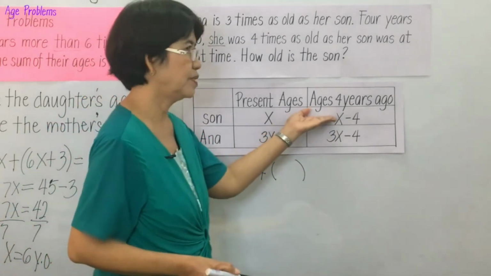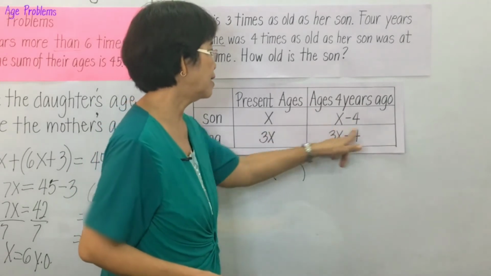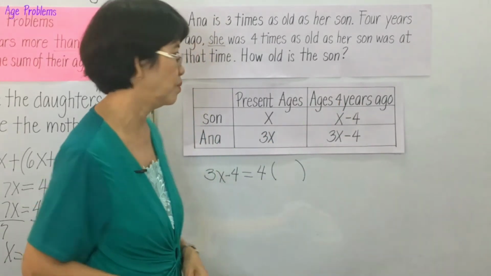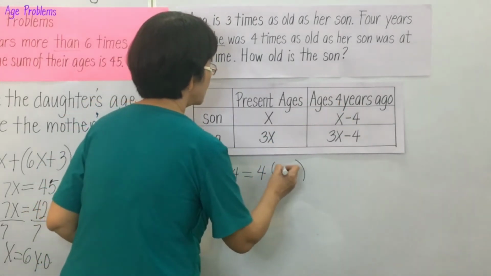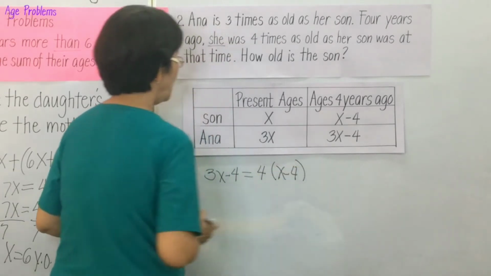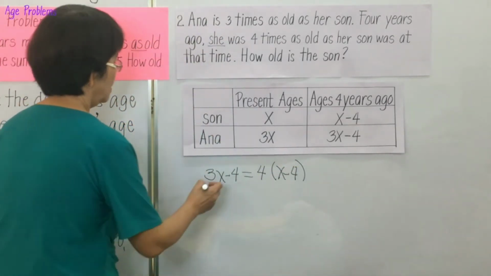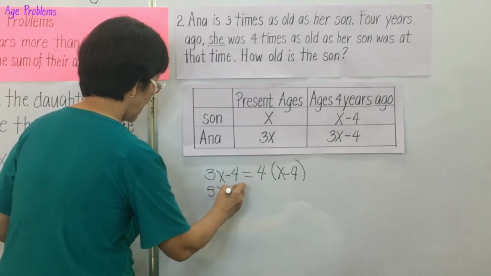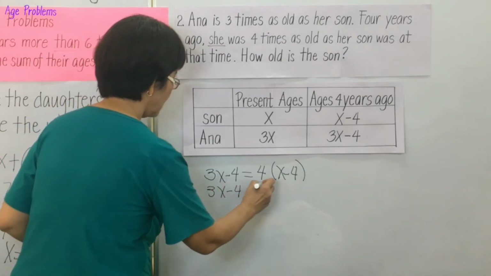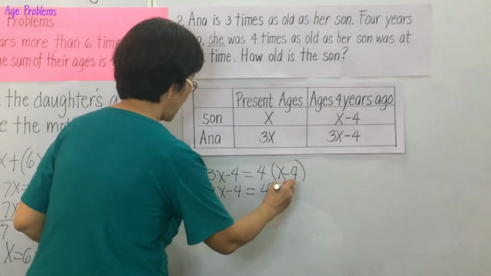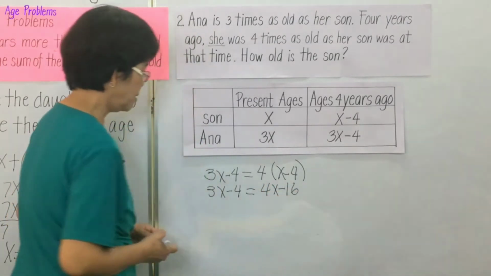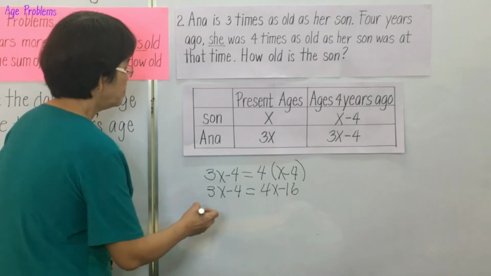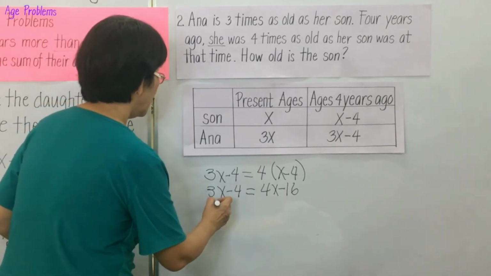So that was 4 years ago. So we will get the age of the son 4 years ago. So x minus 4. So solving for x, we have 3x minus 4 equals 4x minus 16. And then we have 3x